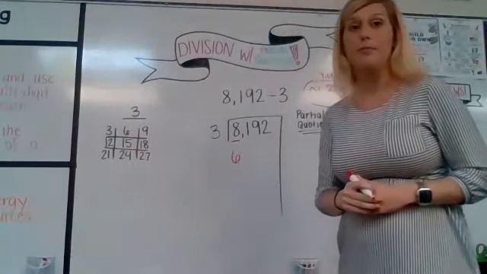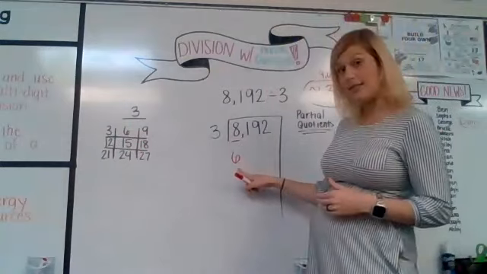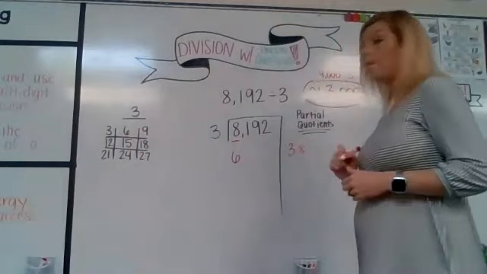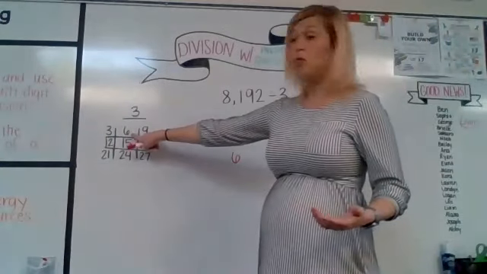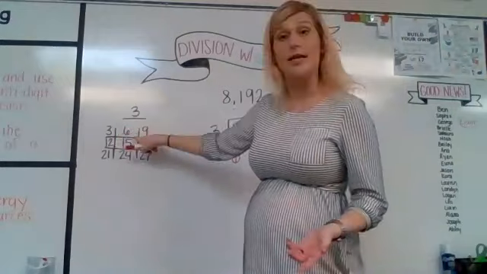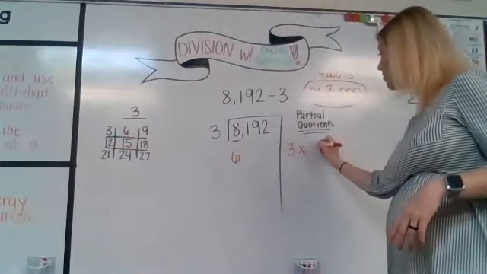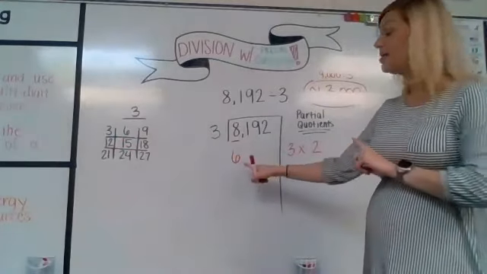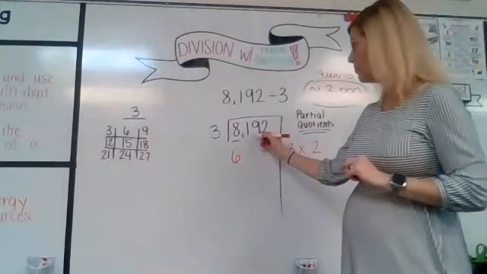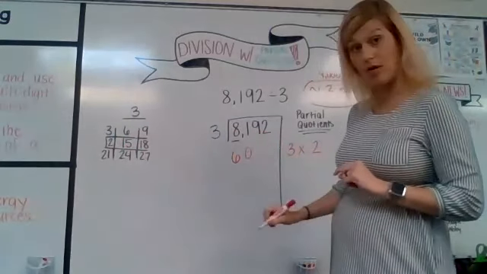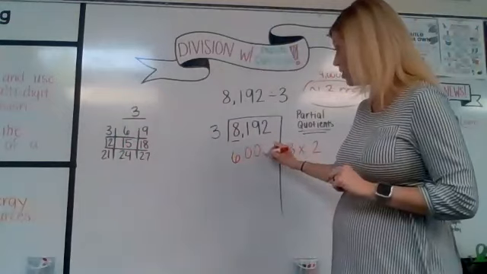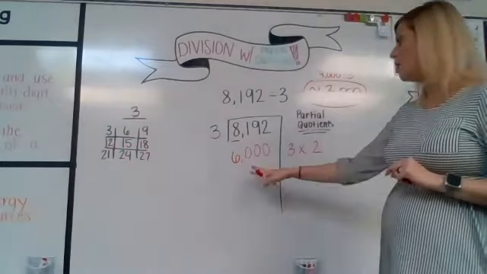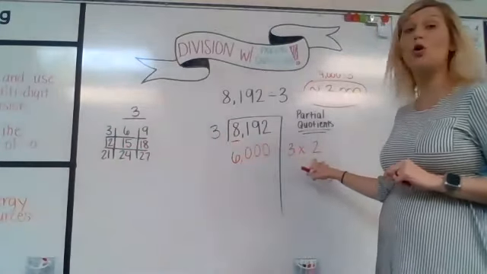We want a 6 down there. In order to get to this 6, we multiplied 3 by a number. We multiplied it by 2 to get to 6 because it's the second multiple of 3. So we did 3 times 2 to get to our 6. But this 6 is actually in the thousands place. We know that because we have this 1 place value holder, 2 place value holders, 3 place value holders. So we really have 6,000 here. So we didn't really do 3 times 2. We did 3 times